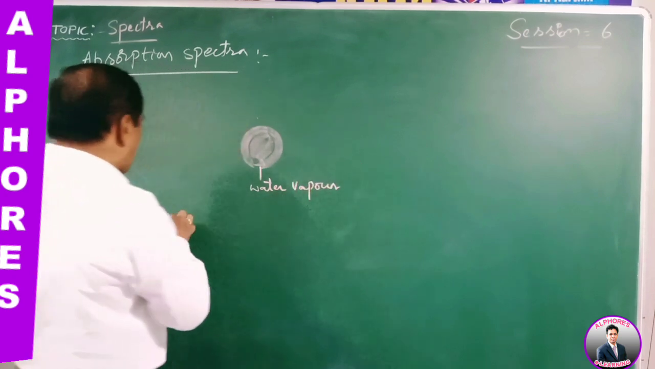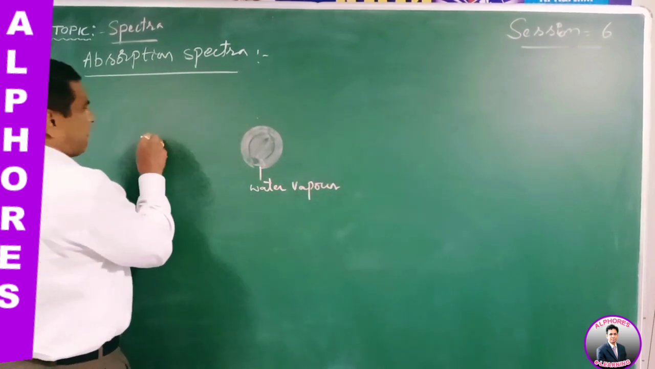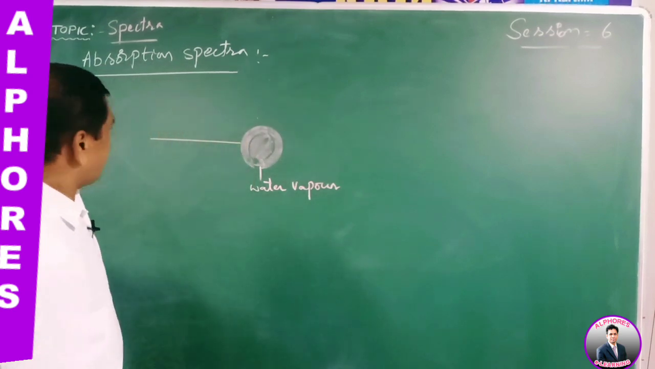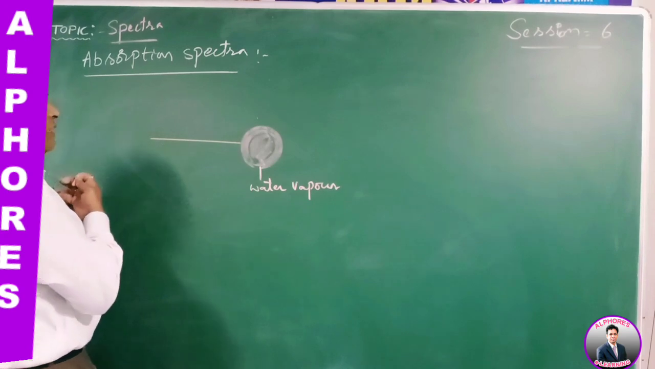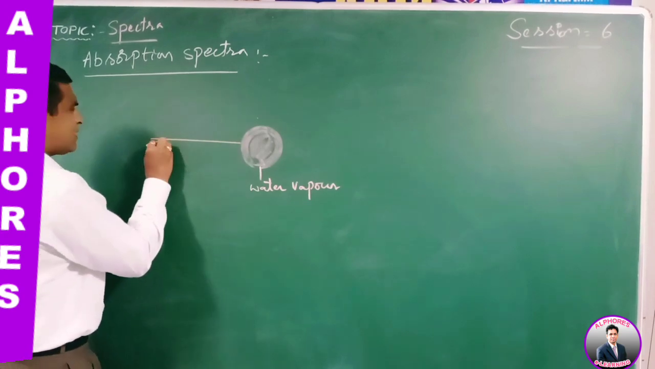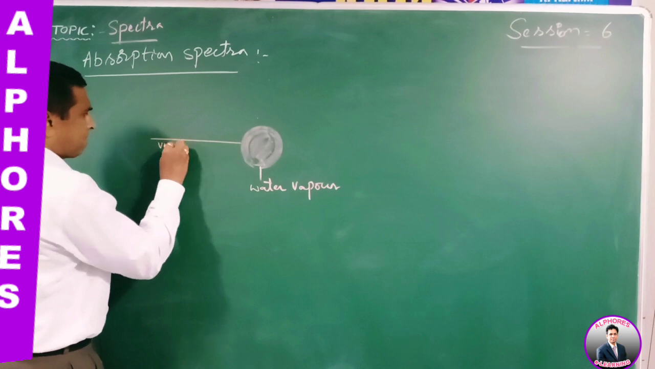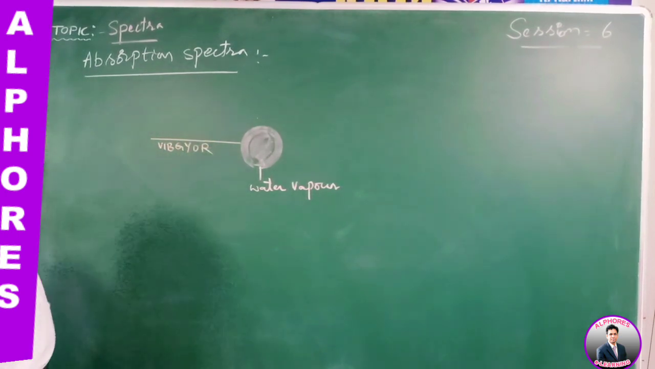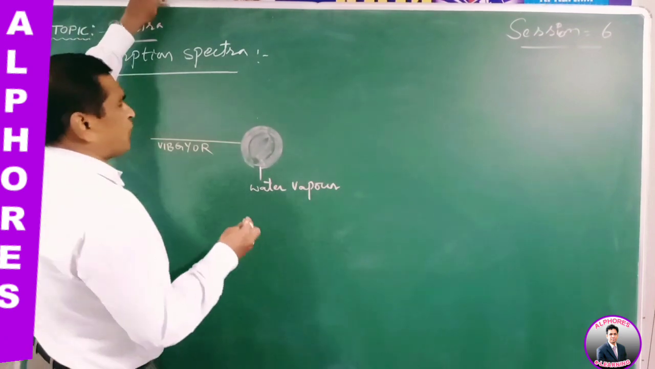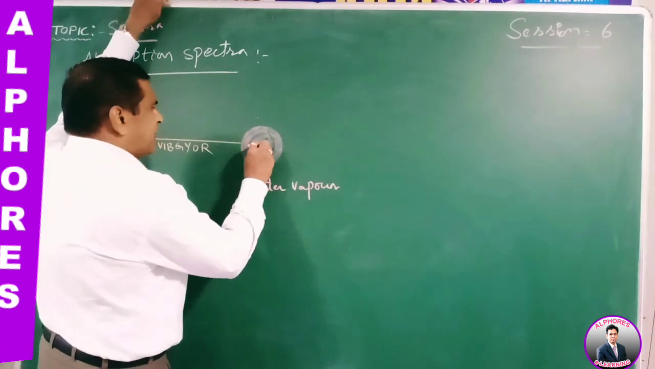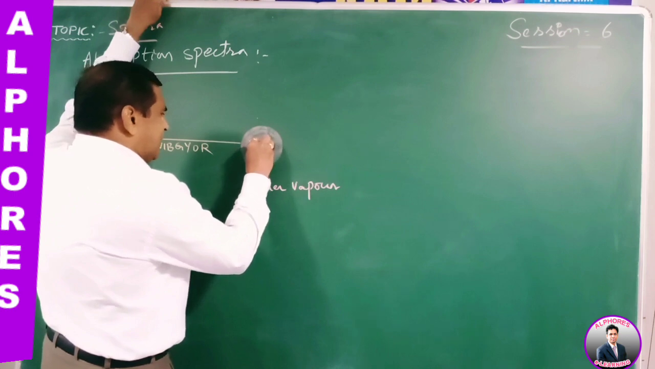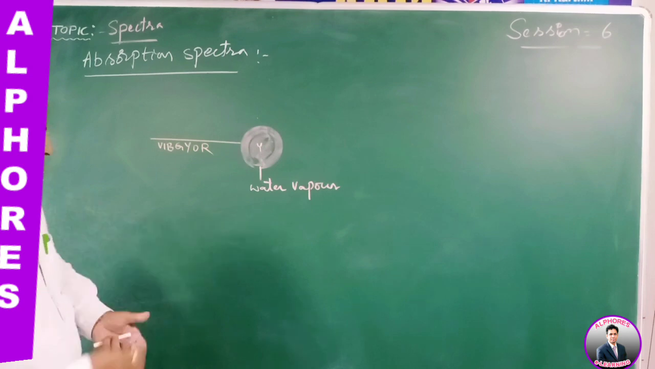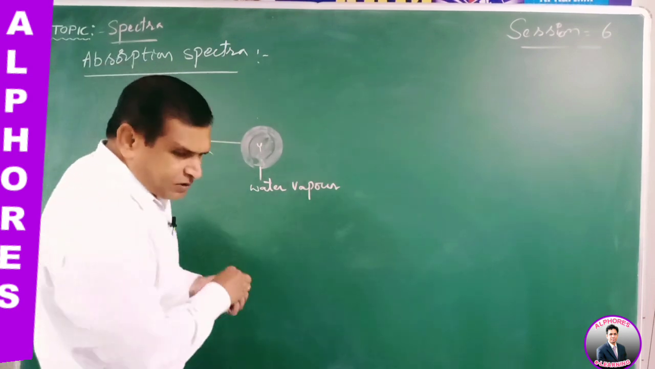Now a beam of white light is passing through the water vapor. The beam of white light contains 7 colors, say VIBGYOR. For example, if the water vapor is absorbing yellow colored light, that is, yellow colored wavelength, then the transmitted light